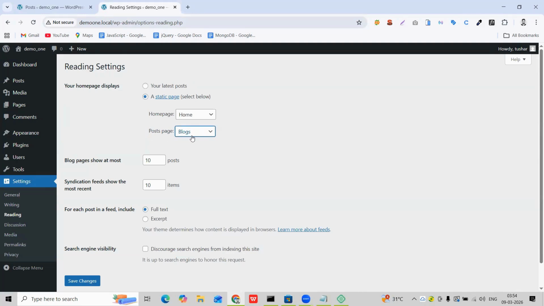Now, why are we selecting these pages? We select the home page so that whenever someone searches for the root domain, it points to the home page. But why are we selecting the blogs page? So that in future, whenever you write any blogs, by default they will be present in this particular blogs page. How it will be visible in that blog page, we are going to see once we save